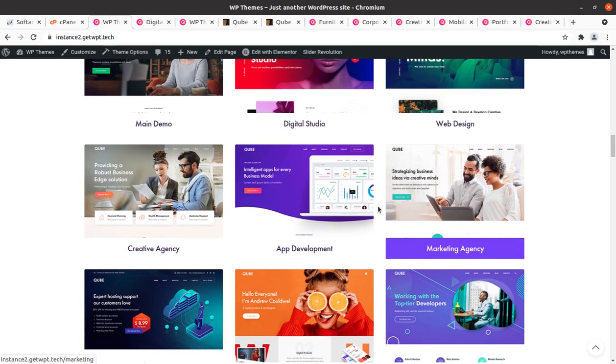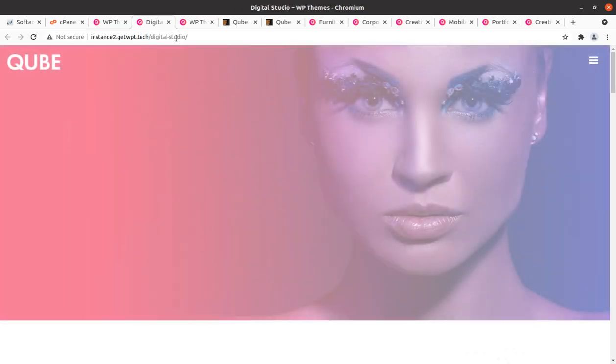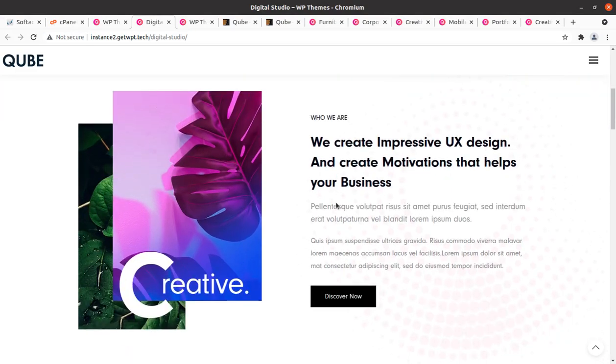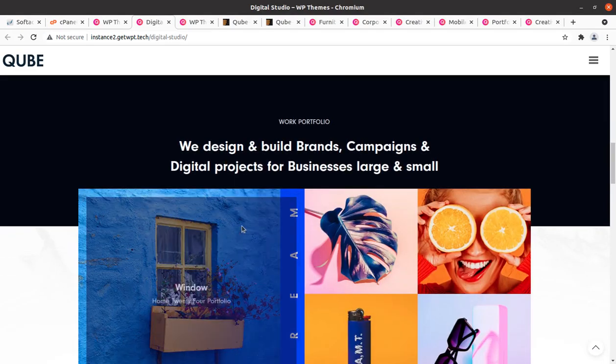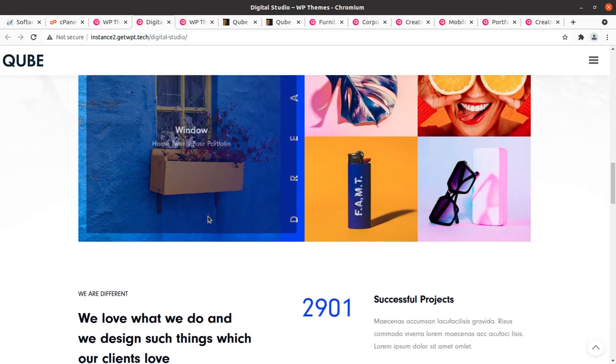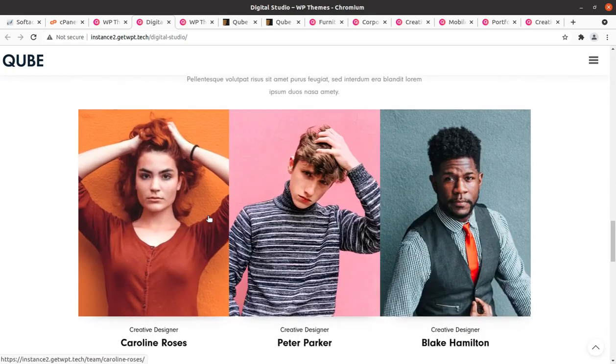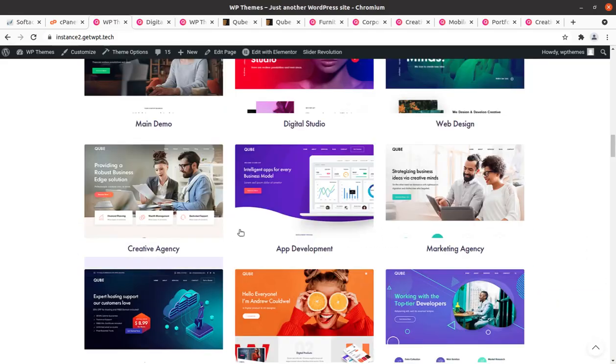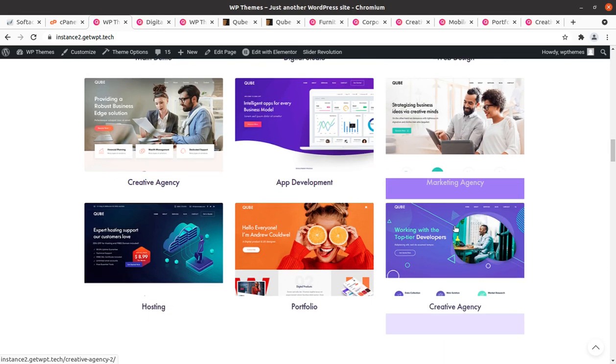It is very simple to have a new website for any of your selected pre-made websites, since all the demos of the pre-made websites have been given in the theme pack itself. This is the digital studio, and the complete set of images and elements has been provided in the demo itself. So you just need to put in your own content, whatever you may choose.